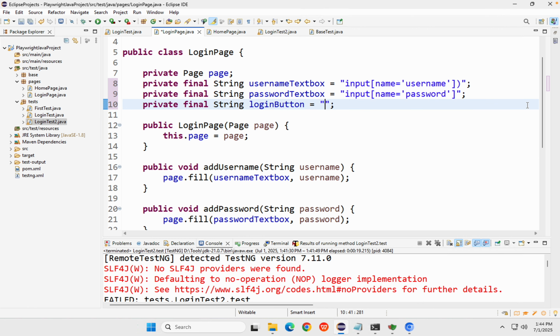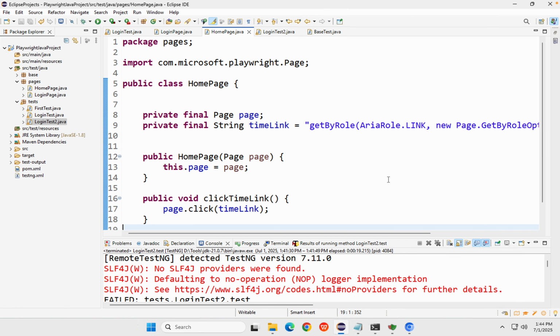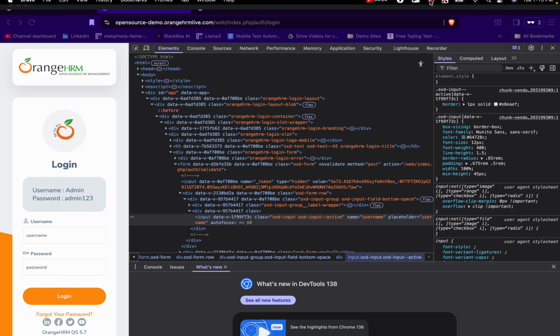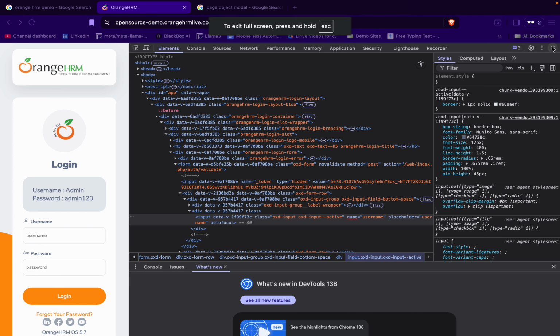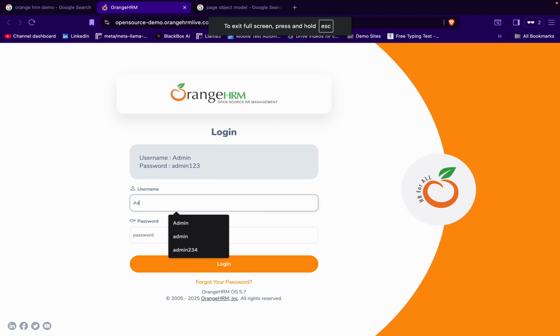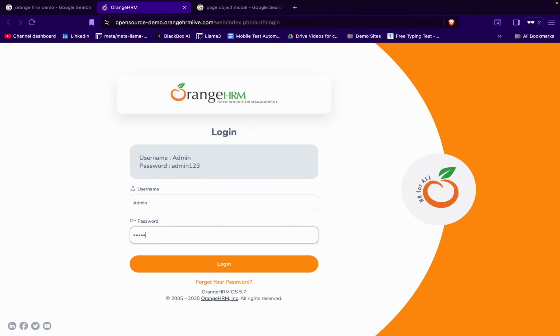input, a type button where the type property is submit. Okay, this is for the login page, and let us see for the home page here. So let us just check here. If I add the username and password